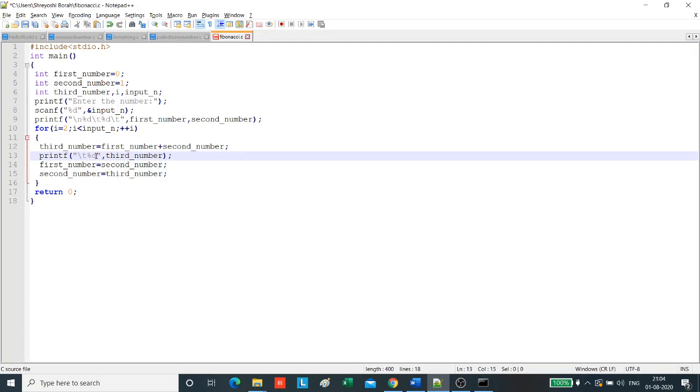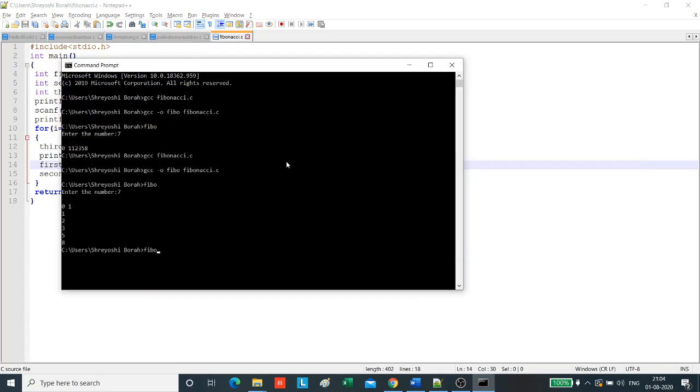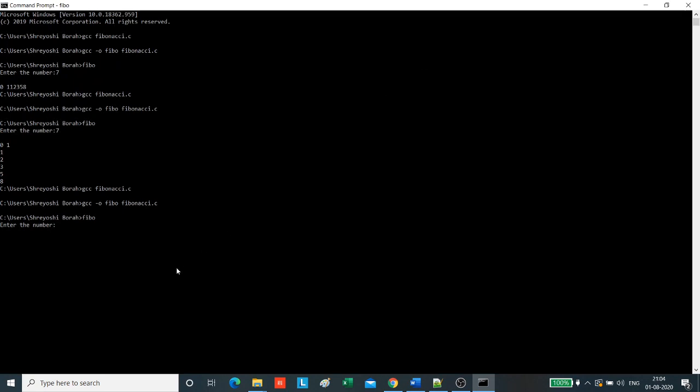Let's use tab and see what happens. Now again we'll compile it and run it. So enter a number 7. See, now there are tab spaces.